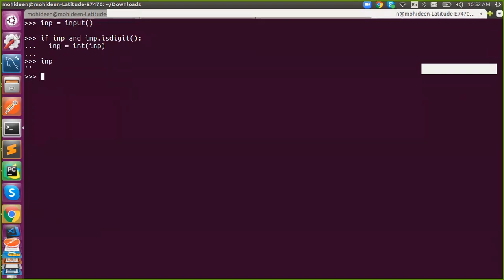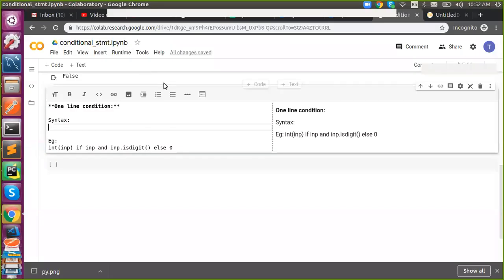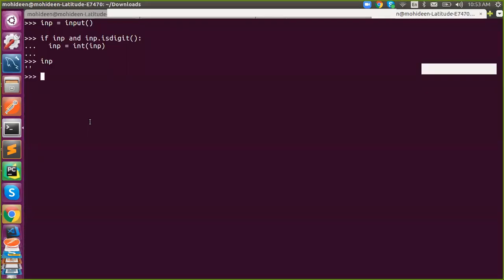So for variable assignment, where you need to do either this or this, there you have to use a one line if condition. So the one line if condition syntax is if else, you need to write both if and else, but for a normal traditional conditional statement, else is not required, it's optional. But here the syntax is, once you write an if condition, else is mandatory, and here we don't use a colon at all, like this. We never maintain a colon at all. So here I'm saying else inp is equal to 0 by default.